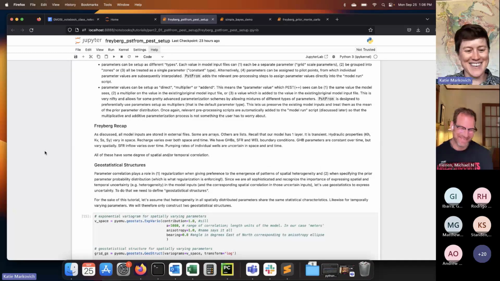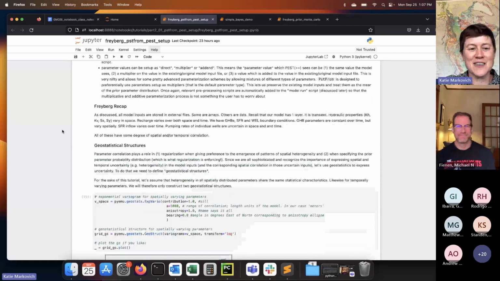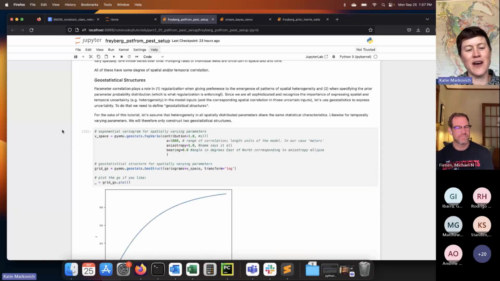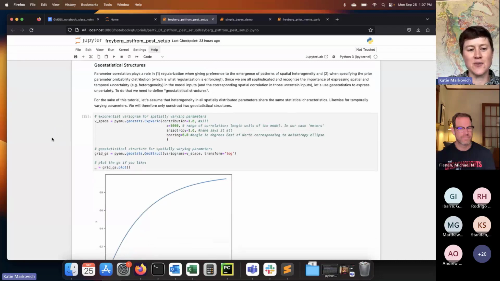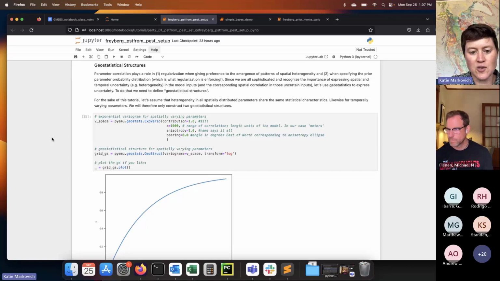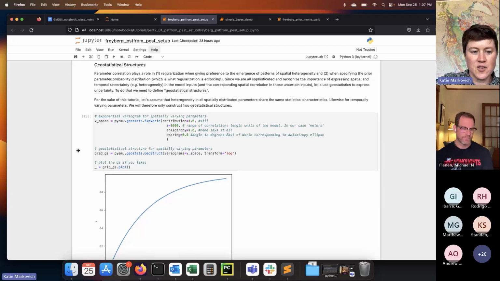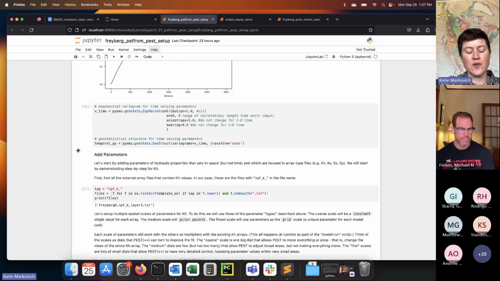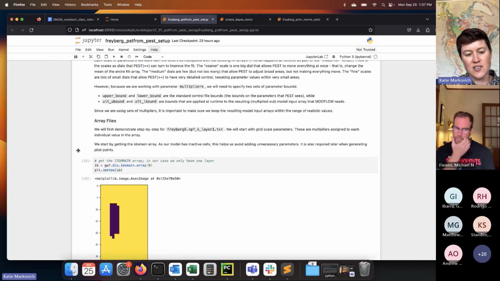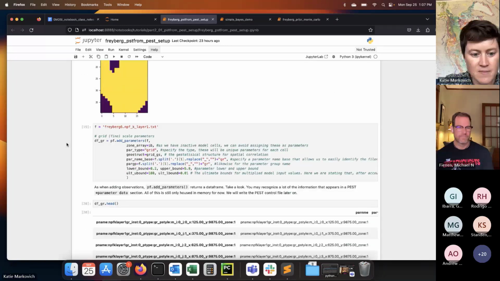Yeah, so the same deals with parameters. It's so clear. I think this is like the geostatistical side of it. If you haven't had a background in it, it can be a little bit intimidating. And I think PyEmu has some really cool functionality for geostatistics. Various variogram models that you can use if you want, and then some really nice plotting functionalities to explore it. So this is just walking through what those look like, and then we can actually start to add those parameters